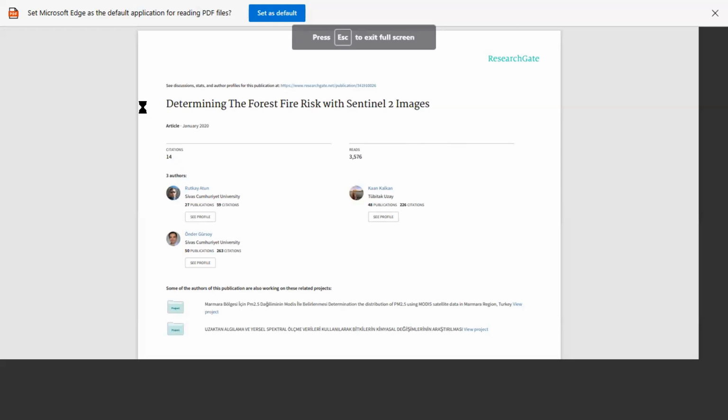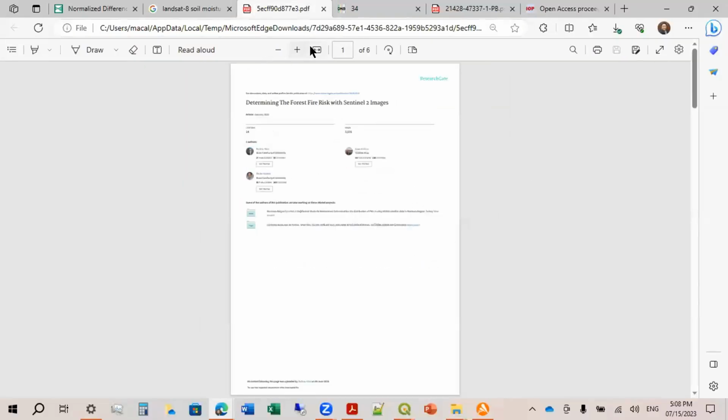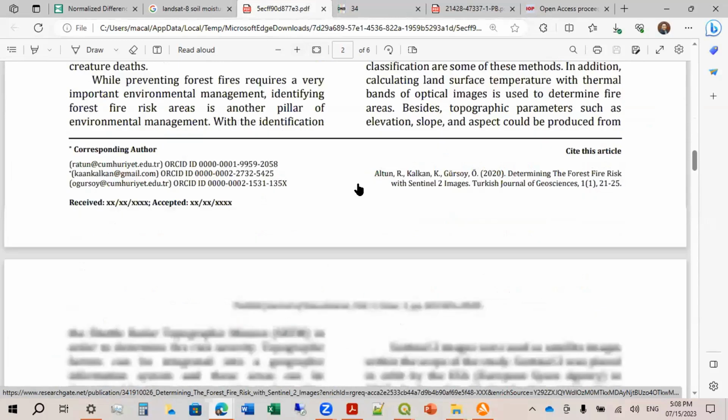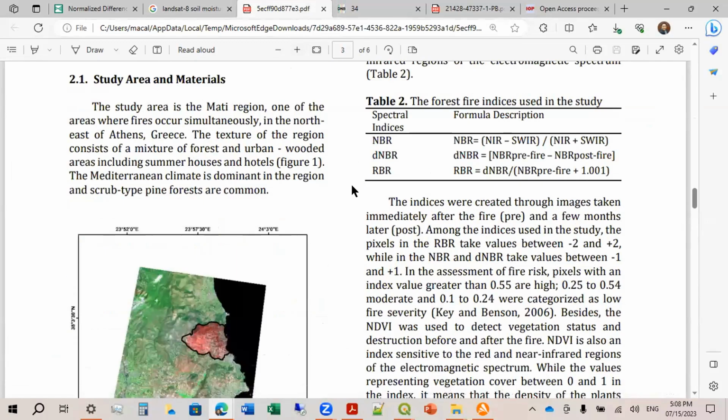So this paper is entitled Determining the Forest Fire Risk with Sentinel-2 Images. Okay. Let me just browse through this paper because I want to show you where he used the burnt ratio.